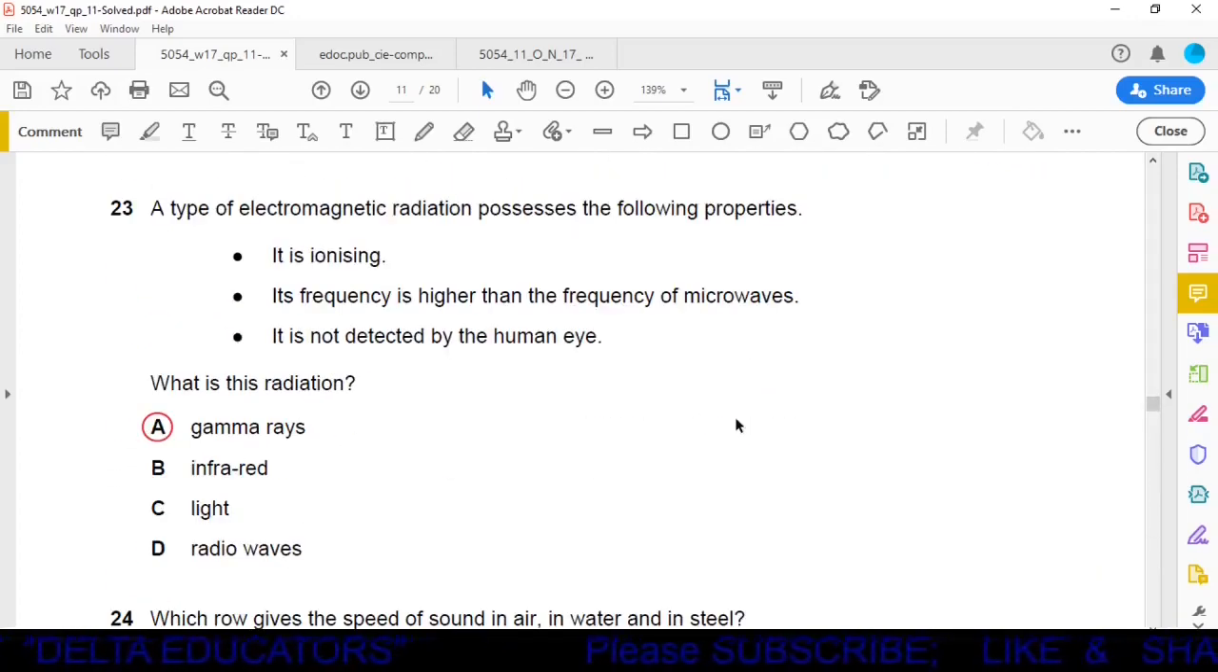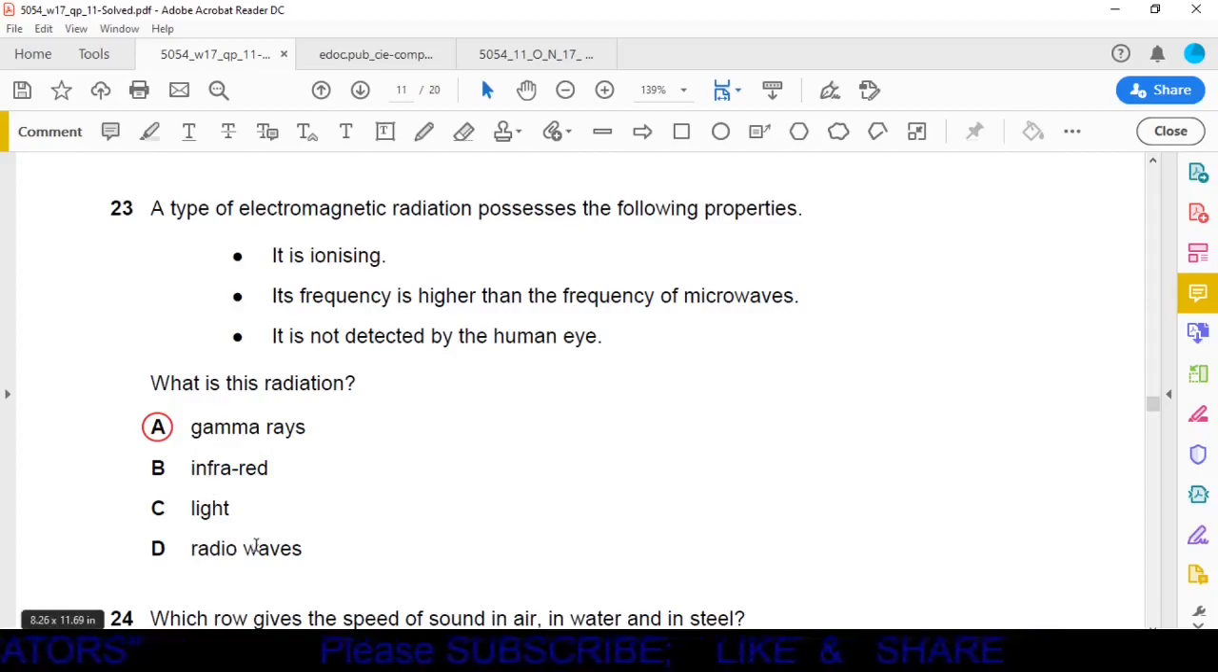Question number 23. A type of electromagnetic radiation possesses the following properties. Number 1, it is ionizing. Number 2, its frequency is higher than the frequency of the microwave. Number 3, it is not detected by the human eye. What is this radiation? A, gamma rays. B, infrared. C, light. D, radio waves. In the topic of radioactivity, we have studied that there are three types of radiation,